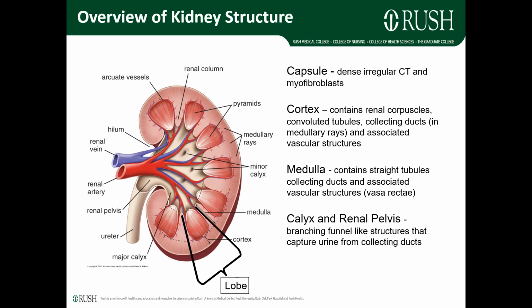In overview, the kidney is encapsulated by a dense irregular connective tissue, which also has some myofibroblasts. Internal to that, there is the cortex, which is being pointed out here, and it contains the renal corpuscles, which we will see later, also referred to as Bowman's corpuscles, as well as convoluted tubules, collecting ducts, and other associated